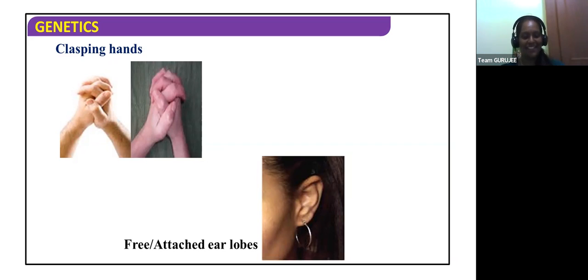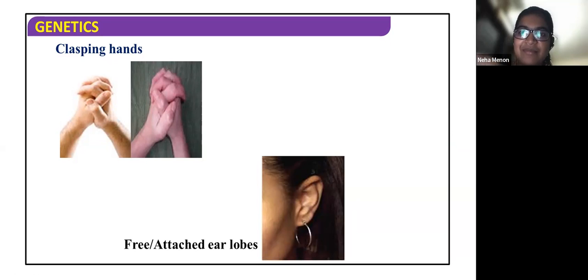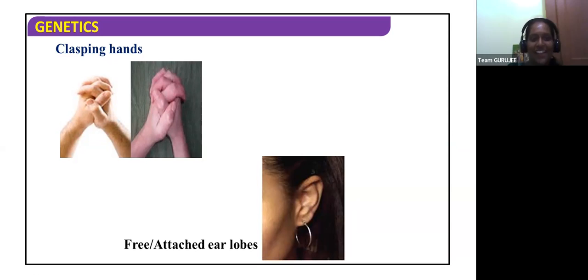Someone else is trying. We usually cannot do that. We usually do it like this, no? We put our hands together and clasp them like this. Usually your right hand's finger will be on the left, but here, that would be the first finger and this would be the second finger. Just try and see. Most of us will not be able to do that. Is it like that for you, Neha? Ma'am, yes, my hand is like the other one. Okay, the opposite. Okay.